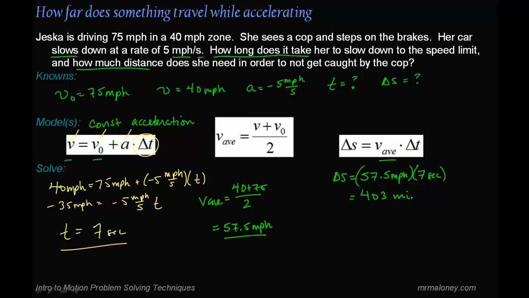That does not seem right. So this girl is slowing down for 7 seconds. She traveled 403 miles. What did we do wrong? Remember, it's always good when you're done with the problem to see if the numbers make sense. In this case, this seems ridiculous. It took her 403 miles to slow down. So let's look back and see if we can figure out what we did wrong here. Now it looks like our first two steps are perfectly fine. There's nothing wrong with those. But when you look at our third step,